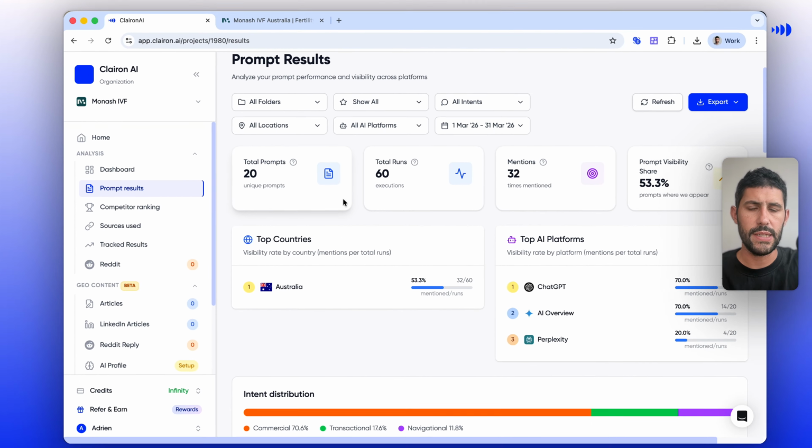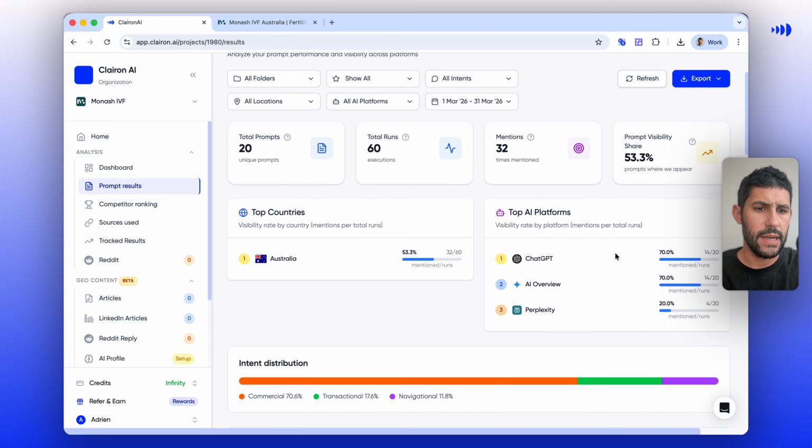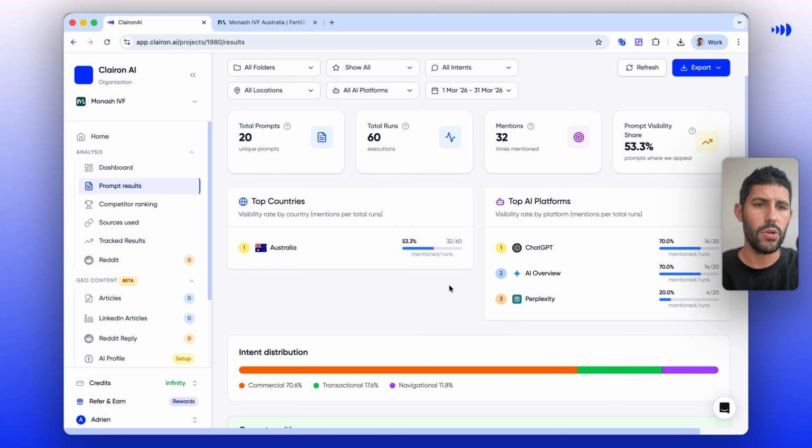And what we can see here, multiple things. First, their total number of mentions is like 32 across the 60 prompt run. They are very visible on ChatGPT and AI Overview with 14 mentions for both, way less visible on Perplexity. But overall, very good